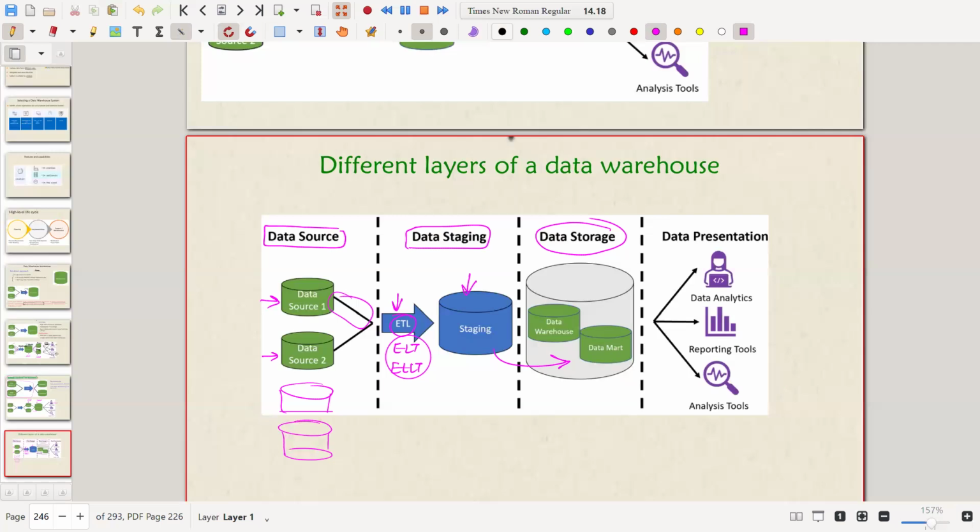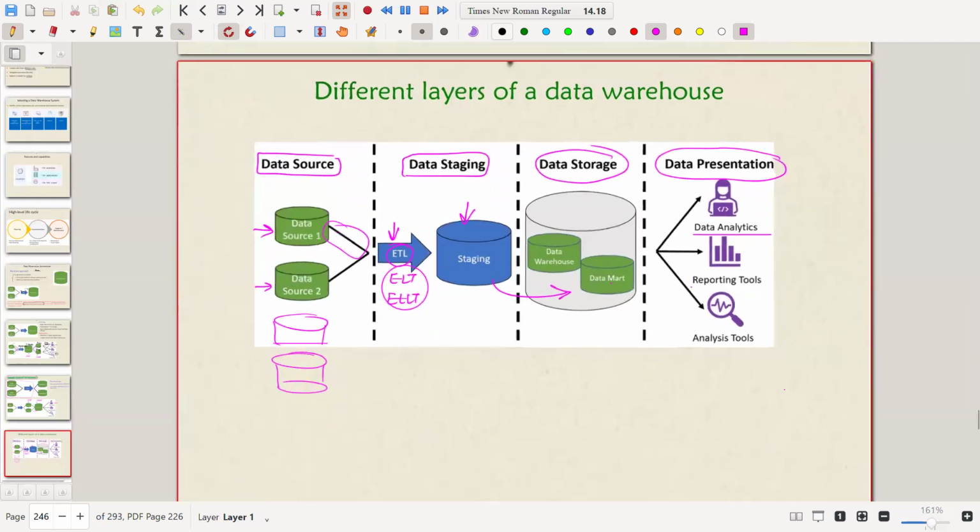You can see here we have not specified which approach we are using. So the best way is to put them into a single box, either a data warehouse or data mart together. After that, you can have the data visualization layer or presentation layer where you can give the data for further analysis. You can have visualization tools like Power BI or Tableau or any other visualization software you are using, like Matplotlib or Python. So this is one of the simplest ways to explain the different layers of a data warehouse.